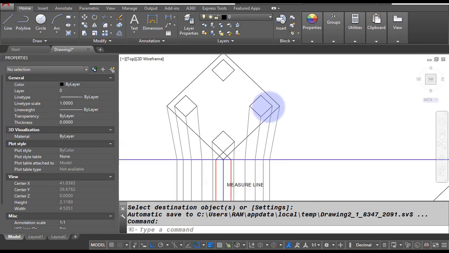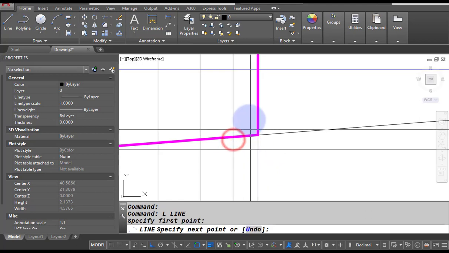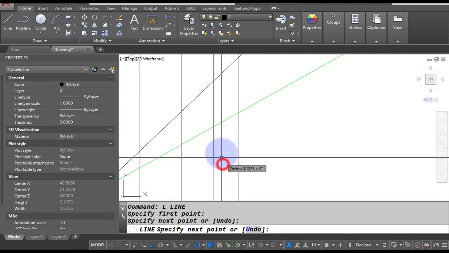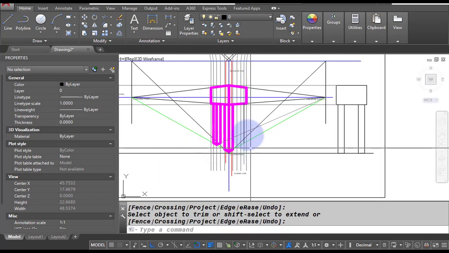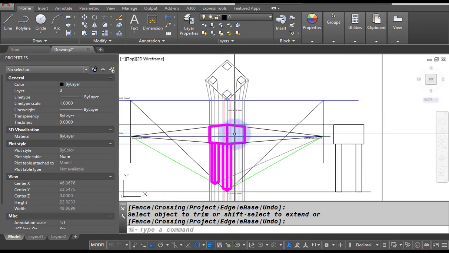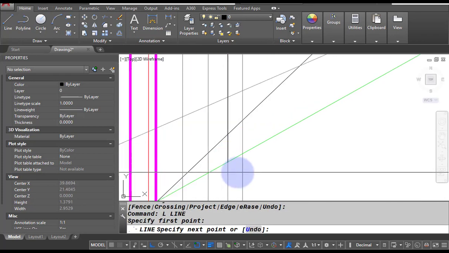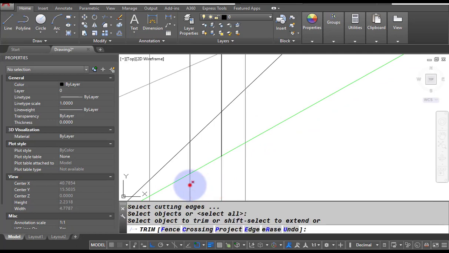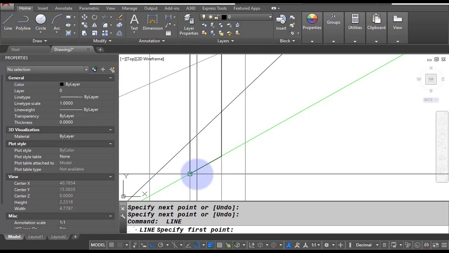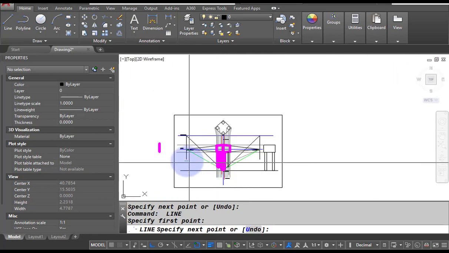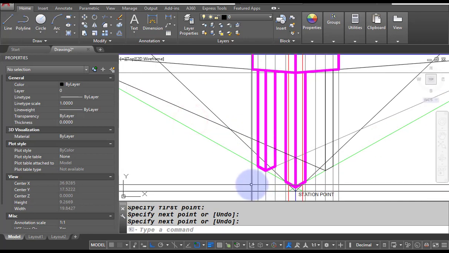For that, first of all we have to take the corner. So this is our corner of the column, which is going to be extended up to the green line, because this green line is our dummy projection line. Similarly, this corner of the column is also going to be extended up to the green line. Trim this line connecting these two lines, connecting this line from this point to this point, to the opposite vanishing point.